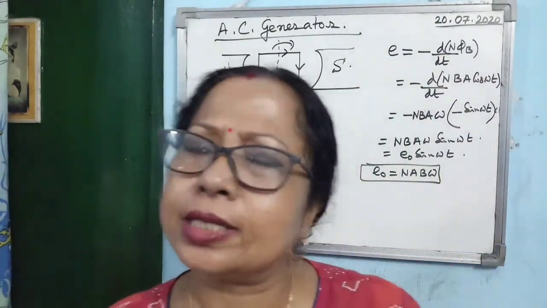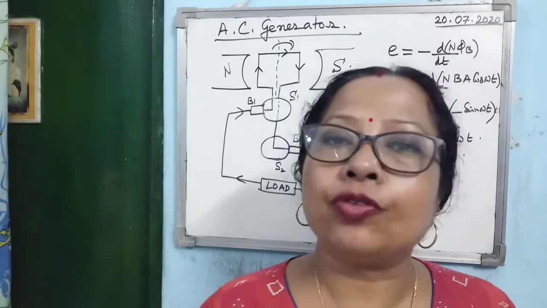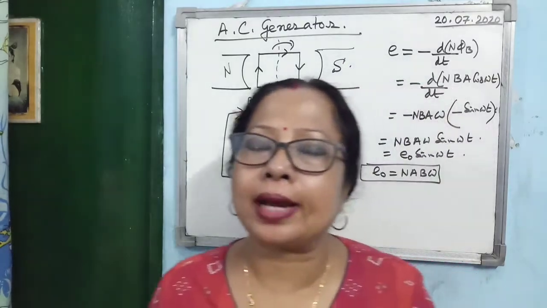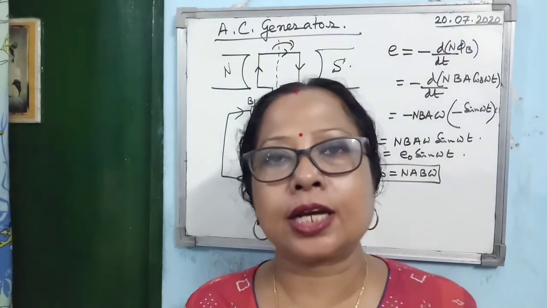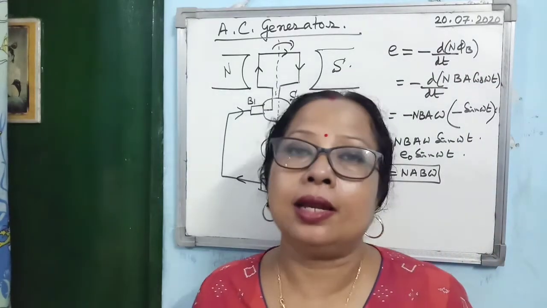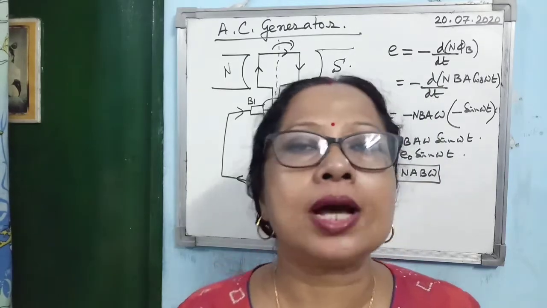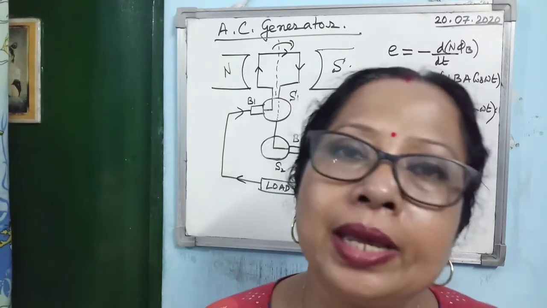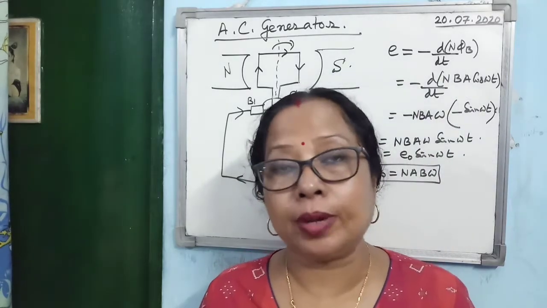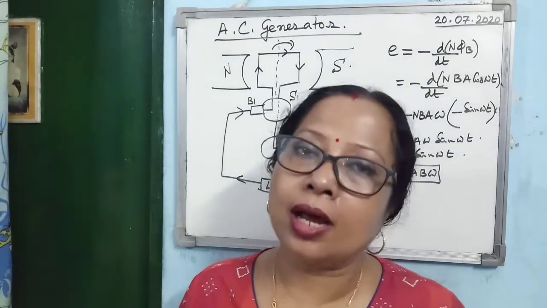Now next is the alternating current generator, which you studied in detail in 10th standard. Very first I will discuss the topic. You know, an alternating current generator works on the principle of electromagnetic induction. How? When a coil rotates in a magnetic field, the magnetic flux linked with the coil changes. As a result, an alternating EMF will be induced in the coil, and alternating current will pass through the coil.